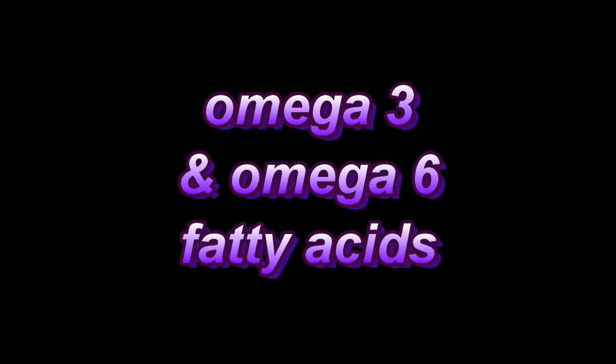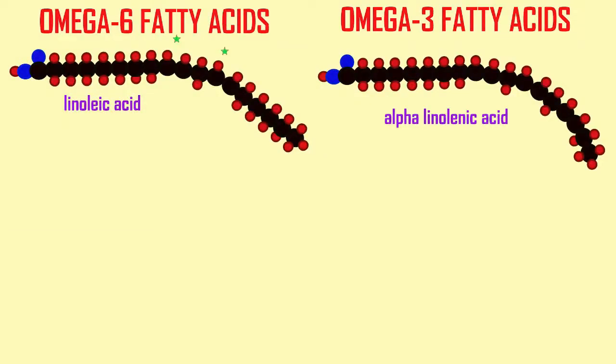The two fatty acids given here, linoleic acid and alpha-linolenic acid, are both polyunsaturated. They both have multiple double bonds. However, if one were to look at the end of the fatty acid that does not have the carboxylic acid end, the omega end, and count carbons to where the first double bond occurs, linoleic acid would be an omega-6